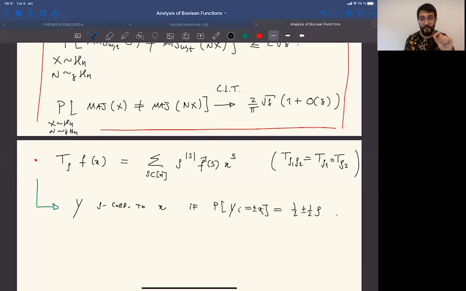Okay, so you fix a point x and you take a random variable y, and you say that y is rho correlated to x if that happens. This is just my abbreviation. Okay,